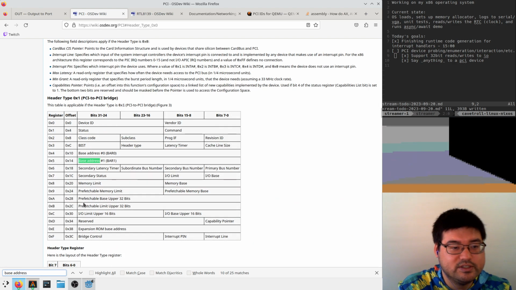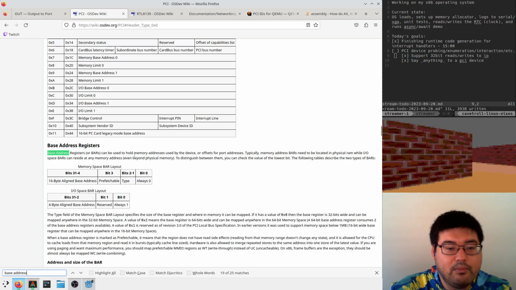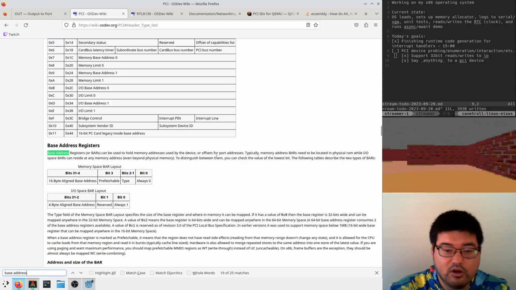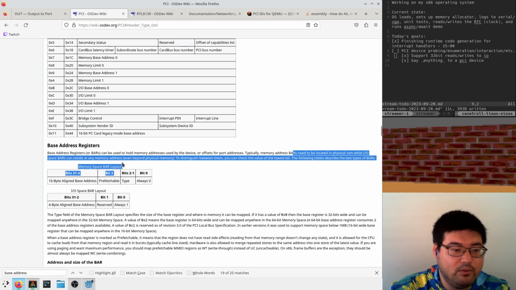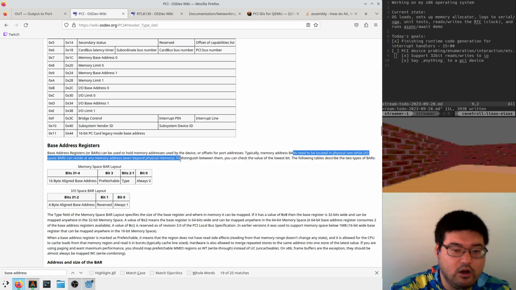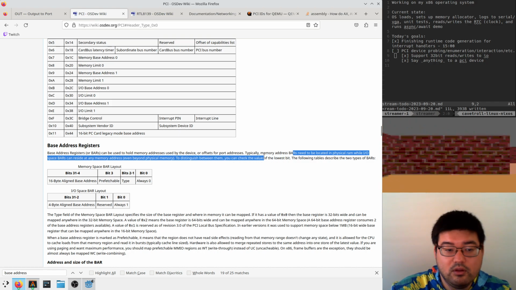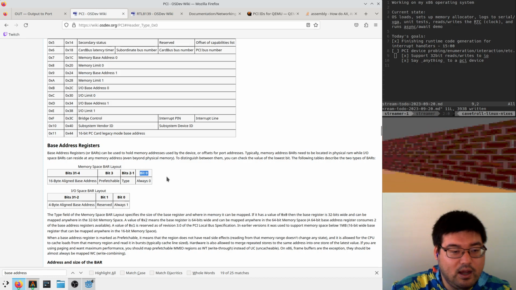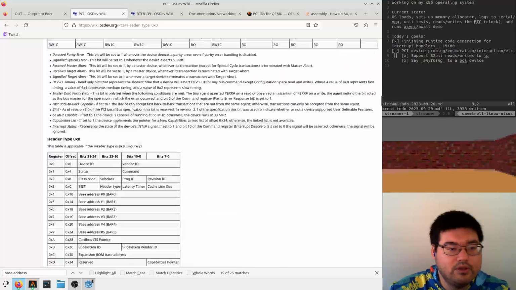Base address. Can be used to hold memory addresses used by the device or offsets for port addresses. Typically, memory address BARs need to be located in physical RAM, while IO space can reside at any memory address. Sure. You can check the value of the lowest bit. Aha! Okay. Cool. So, what we can do is,